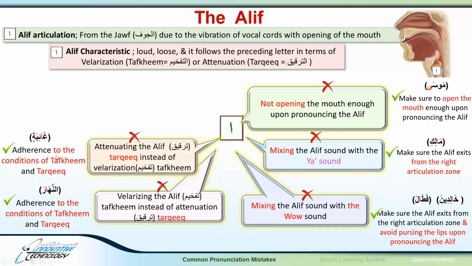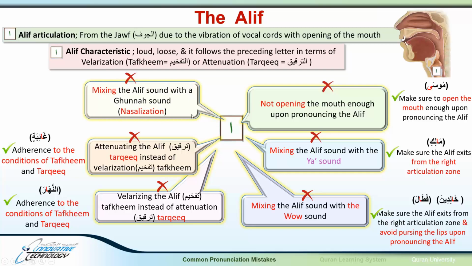So we notice from this that in certain situations we need to attenuate the alif, and in others we need to velarize it. There is a complete lesson specifically for explaining the situations in which you have to make tarqiq to the alif and the situations in which you have to do the opposite. The sixth and last common mistake of the alif in this group is mixing the alif sound with a ghunna sound, with nasalization. An example of that mistake is